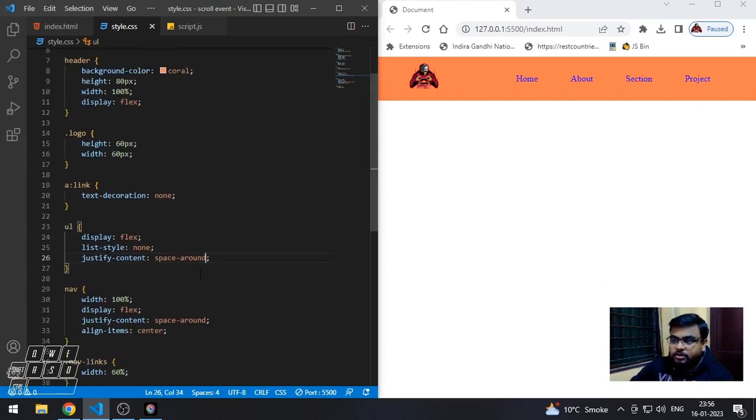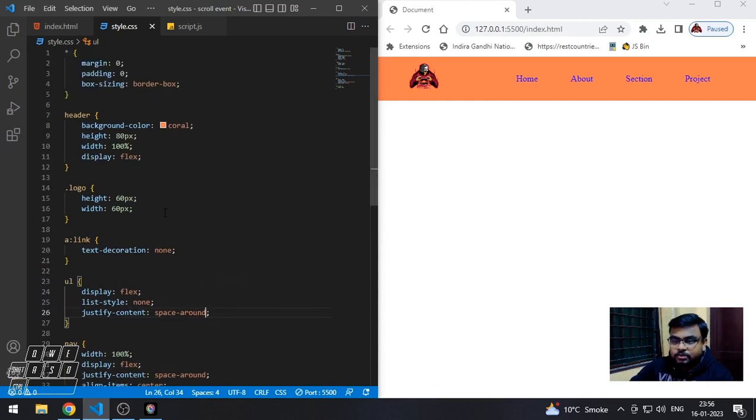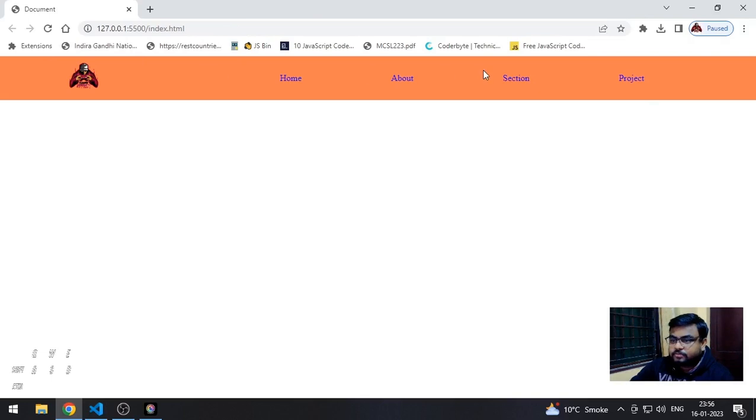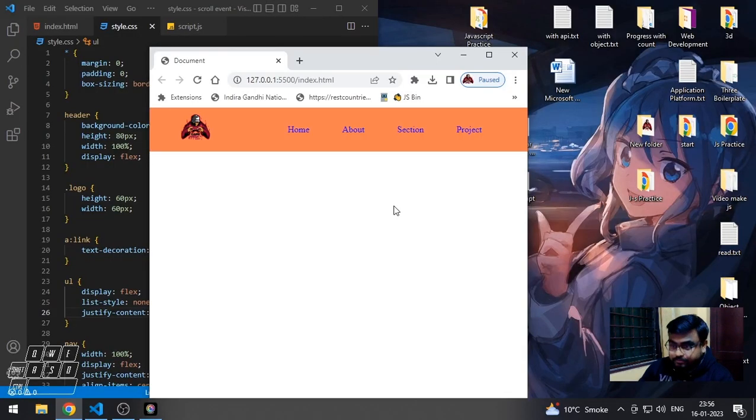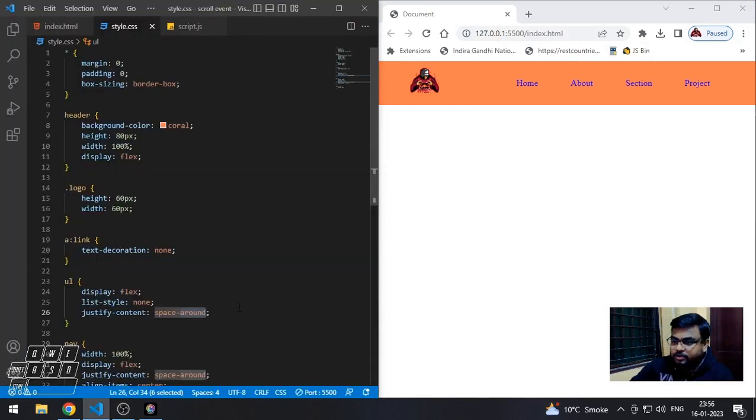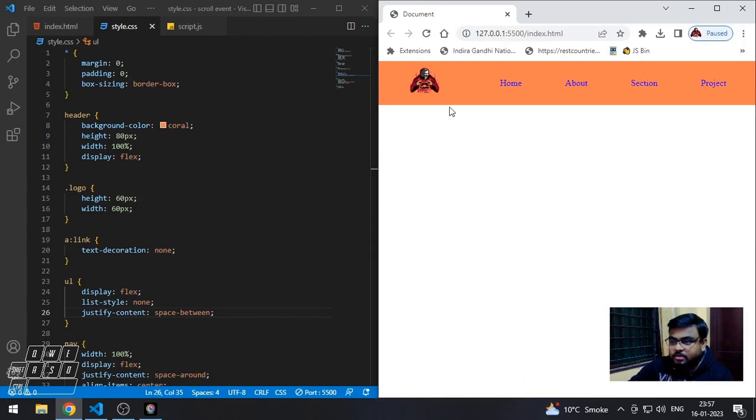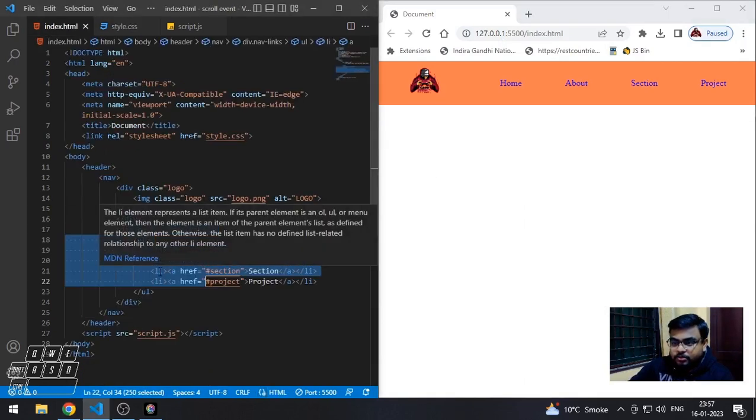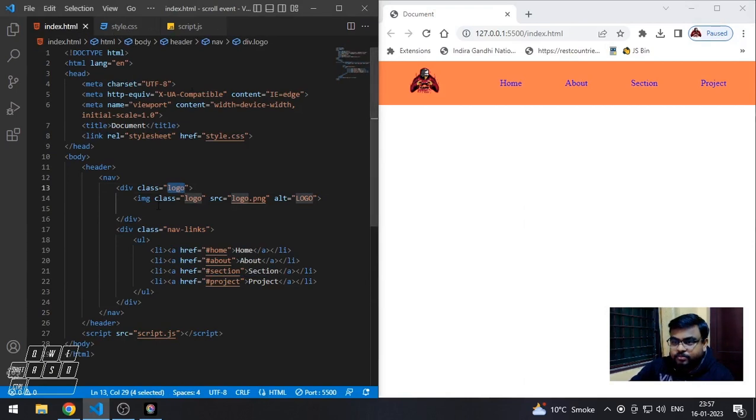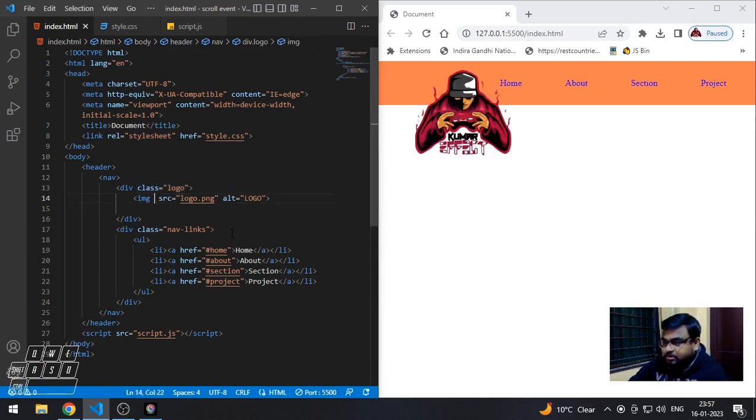What we can do now is we can use space between as well. So let's check it out, space between, and it looks fine now. I think here this is in class logo. Well, both have class logo. That does not look good. I think I have to change this name to logos